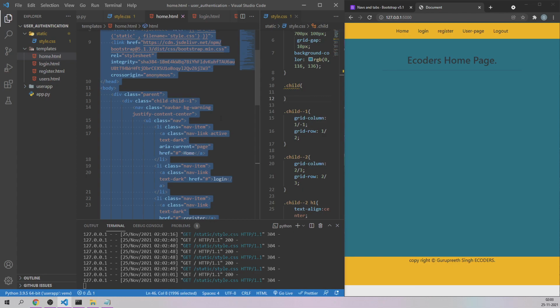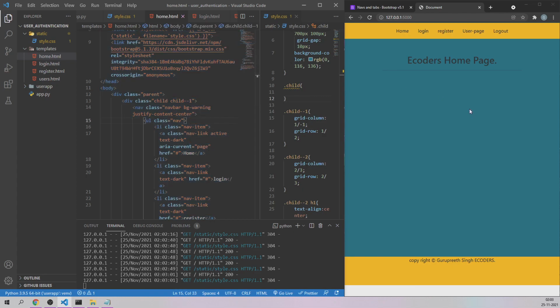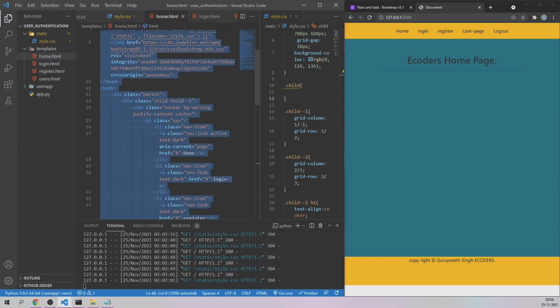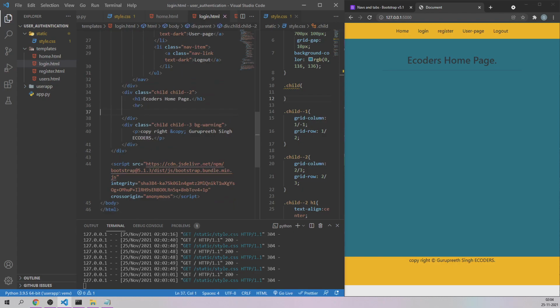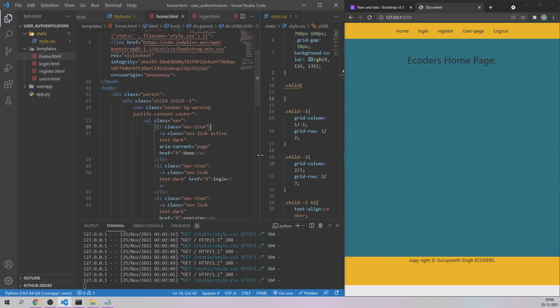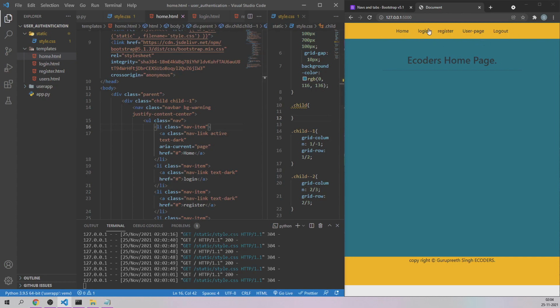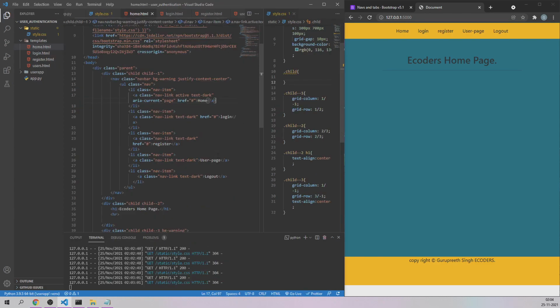We'll just copy paste in the respective HTML files. This will be the easiest way to do that. So let me copy this whole thing from home.html. Let's go to login.html, press Ctrl+A and paste. Like this we have to do, but before that, let us build these links, and then we'll do the copy pasting. Right now, let me minimize this content a little bit so that you can see the anchor tags properly. So this is the login page, and this is the home page.